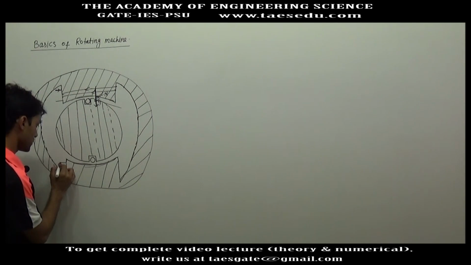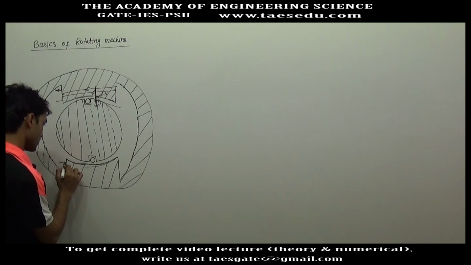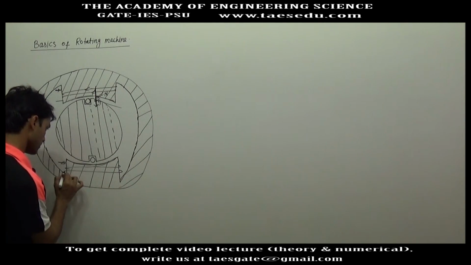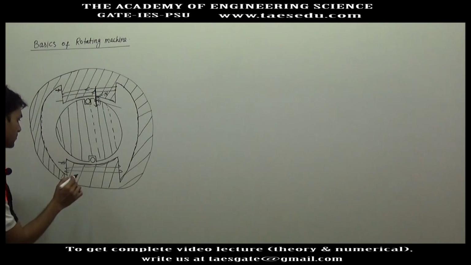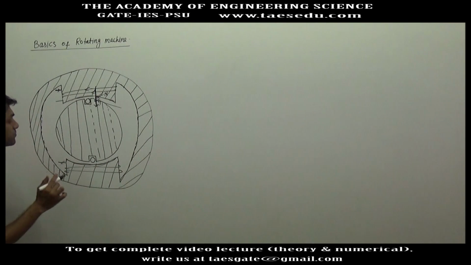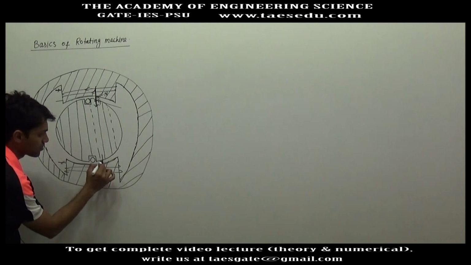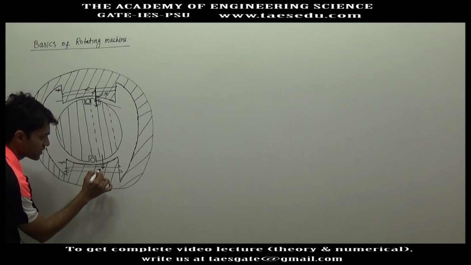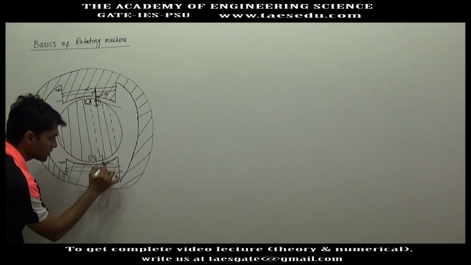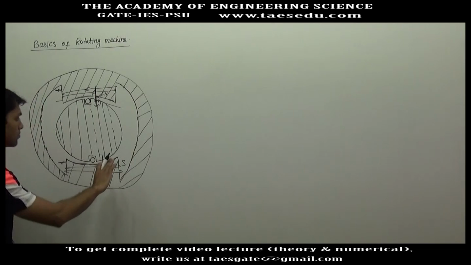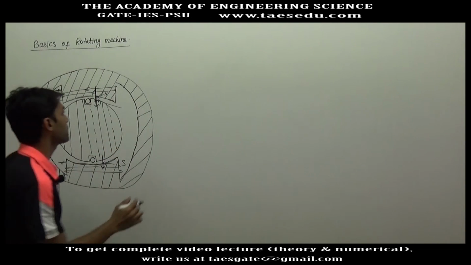Similarly, the direction of current and orientation of winding on this part of the stator can be adjusted so as to get the direction of magnetic field in the downward direction. So here the magnetic field is entering the material, so this will be the south pole. So I'm drawing another diagram.